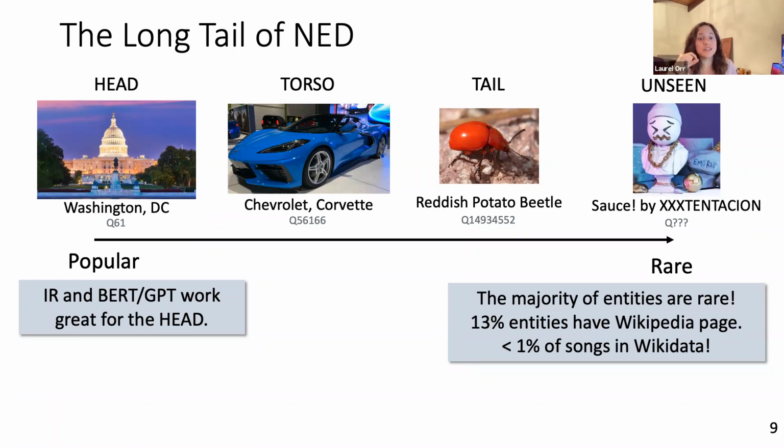And only 1% of songs in all of MusicBrainz, which is a music database system, even appear in Wikidata to begin with. So the tail kind of constitutes a huge portion of the queries seen by these systems. Now you're left with a natural question: what if the simplest solution would just be to scale up our training data? Let's mine for more data and learn to understand the tail by increasing the size of the data.